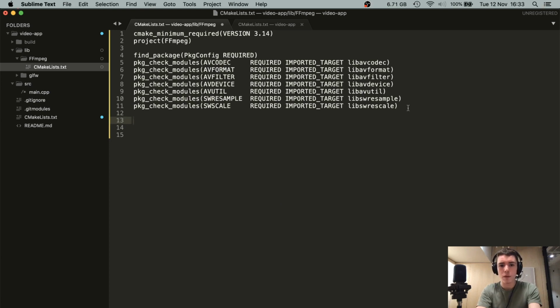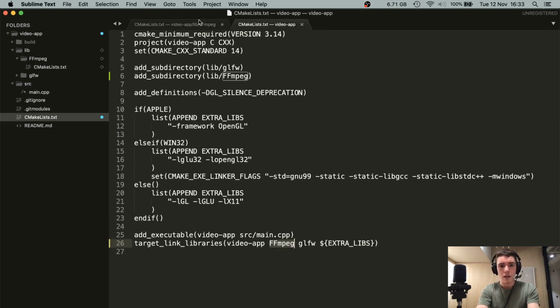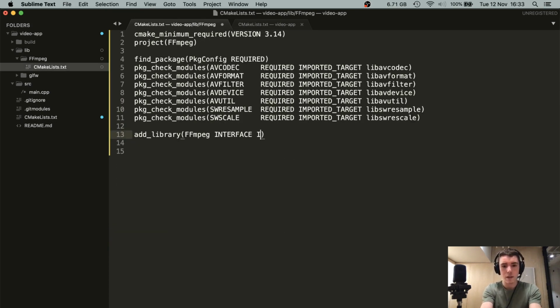Okay, so we've got package config to search and find information about all of those libraries, and to make sure that it has to find all of them. And now I'm going to create a library in CMake. I'm going to say my library is called FFmpeg, and it's an interface. It's not an actual library, but I want people in other CMakeLists files to be able to treat it as if it's just a library that you can link. So it's going to be an interface that's imported,